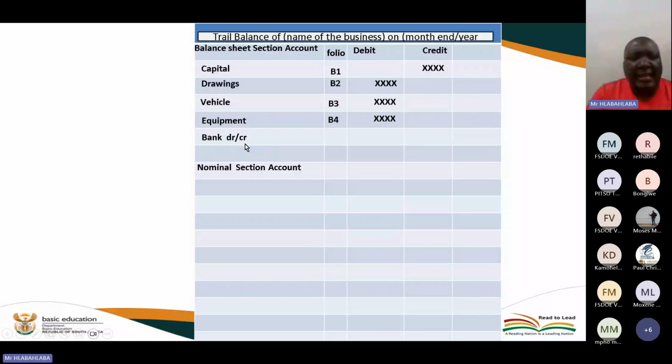The bank, why is it written DR/CR? It's because the bank can be on the credit side or the debit side. Very important. Just remember that. It will depend on the question. If the question says the money of the bank is 2,000, and it is indicated next to the amount that